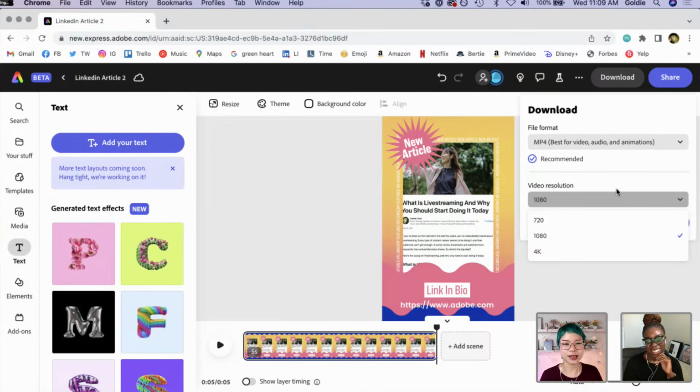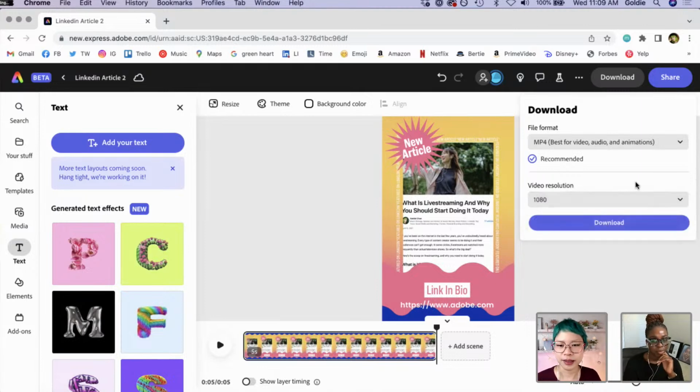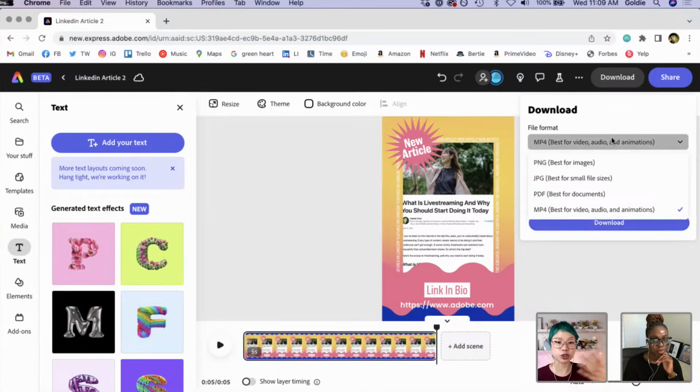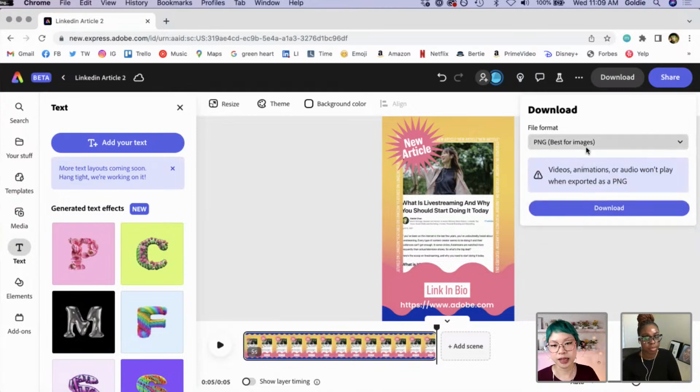But I will show you something that maybe we would want as a higher resolution. In fact, let's jump into something like that for our next thing. And you would just click download, and that would be the easiest download. But say you do want this as a still image, that's the best part, you can just download it as a PNG.